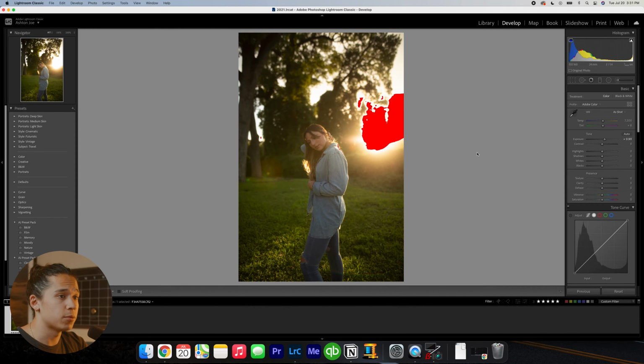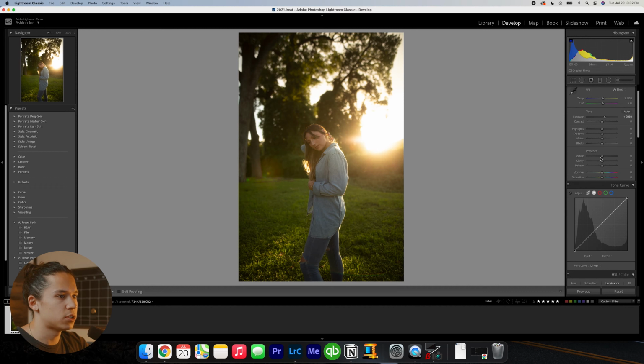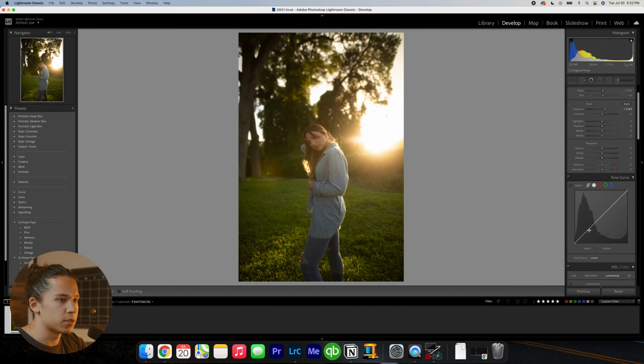All right, so the first thing we want to do is check our white balance. I think it looks pretty good. One thing that I always try to do is to press J. What this does is it shows me what part of the image is being washed out. Keeping that on is going to help us in the future. This kind of stuff I like to mess with later, but we could go ahead and mess with a tone